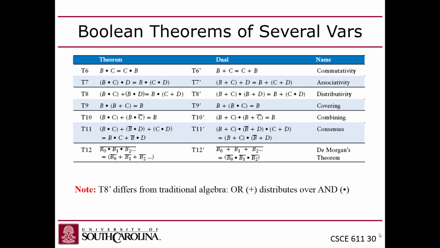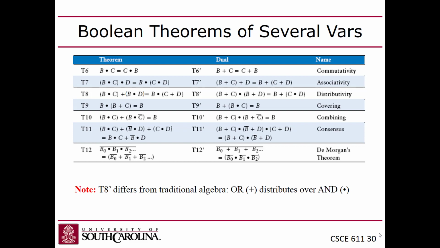You can, both the and the or are commutative. The order in which you perform the operations doesn't matter. Associativity is when you change the evaluation order. So in this case, they have B and C and D. And so if you can do B and C and then take the intermediate result of that, and then and it with D, it's equivalent to performing the C and D first, and then anding the intermediate